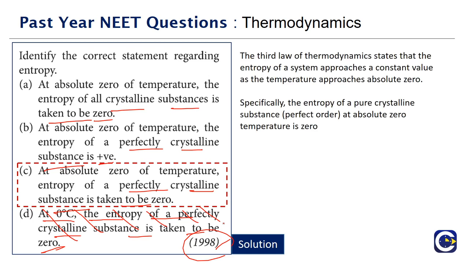This is also what we call the third law of thermodynamics. So what does the third law of thermodynamics talk about? The entropy reference. It talks about the idea that the entropy of any system will approach a constant value as we reach absolute 0. And for a pure crystalline substance, where pure crystalline means there is a complete, perfect order, because we have two types: pure crystalline substances, and amorphous ones, where there will be some disorder. So we are looking at a pure crystalline substance with perfect order. For that, the entropy will be taken as 0 at absolute 0 temperature.